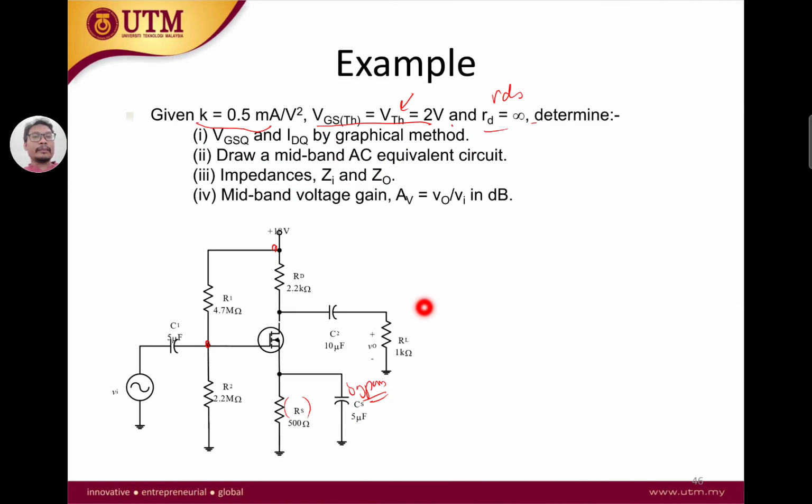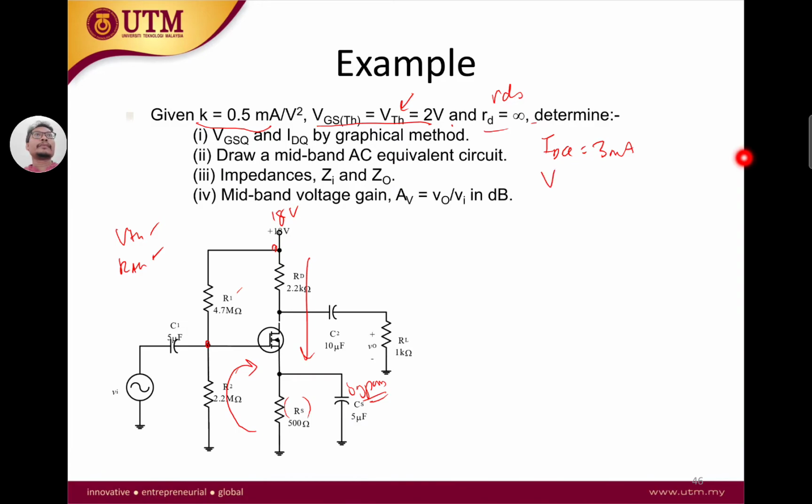If we do some analysis here, you need to find the V Thevenin and the R Thevenin. Here 18 volts is given, R1 is given, R2 is given. Then we can easily find our Thevenin voltage and resistance. From these, we can do the KVL loop and get the characteristic equation, the ID equation, and so on. If you do this correctly, you should be able to get IDQ equals 3 milliamps,